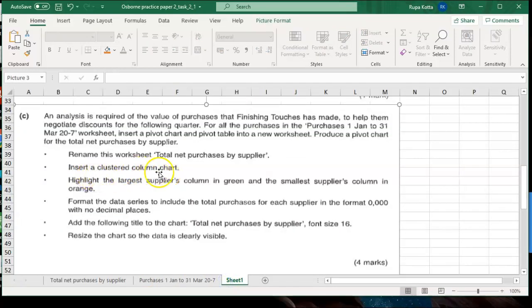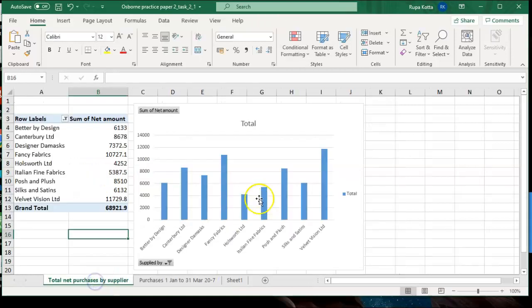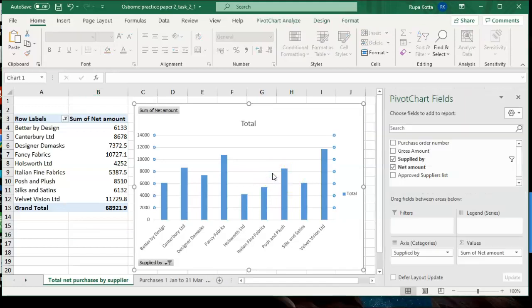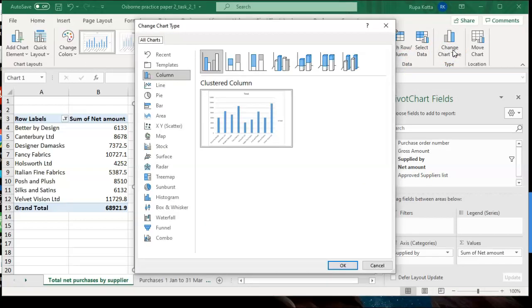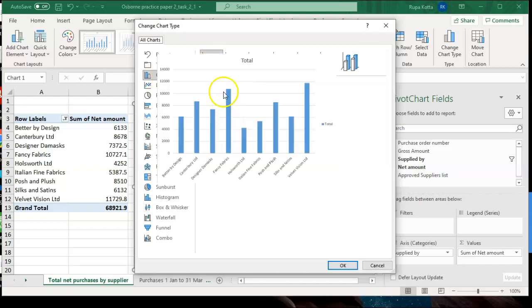Insert a clustered column chart. So this is a column chart and they want you to change the chart type into a clustered column chart. Select the chart, go to the design over here and change chart type. We have a column chart and then this is your clustered column chart.